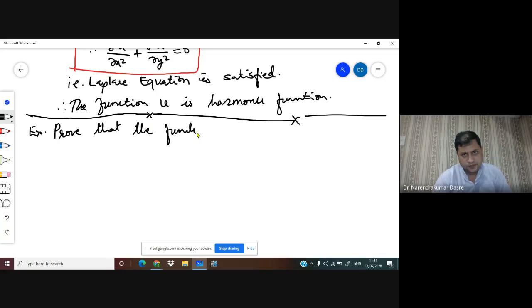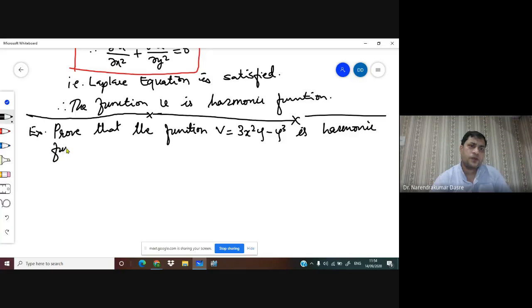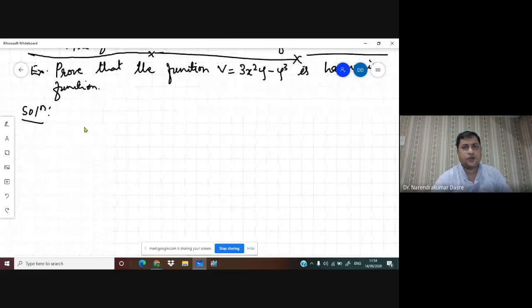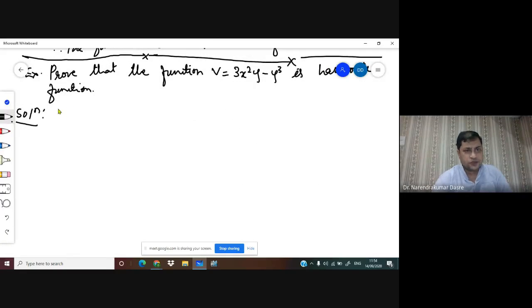The function v is equal to e^x square y minus y cube is harmonic. Okay, so we have to prove that this is going to be a harmonic function. So we can let v is equal to e^x square y minus y cube